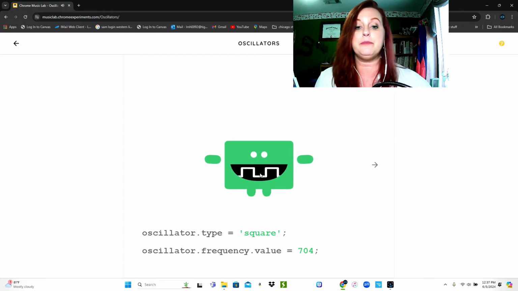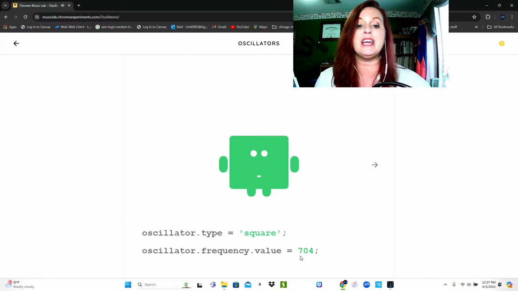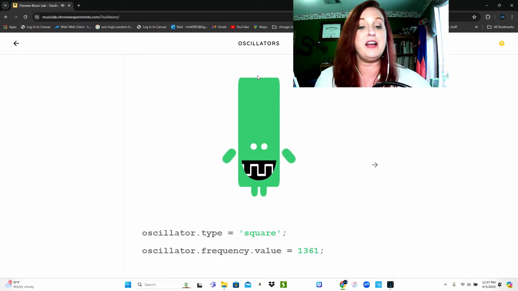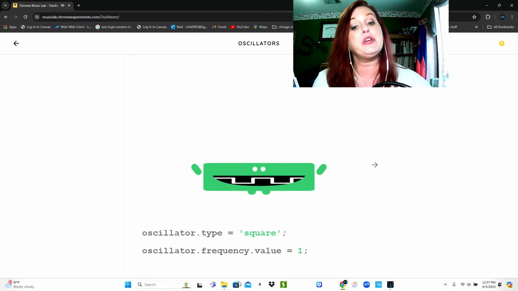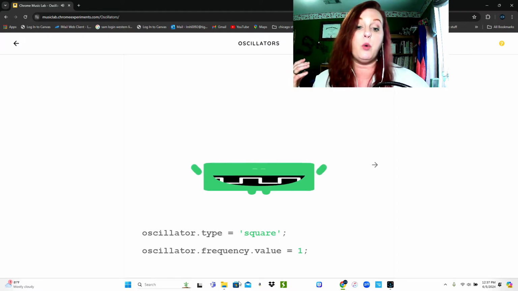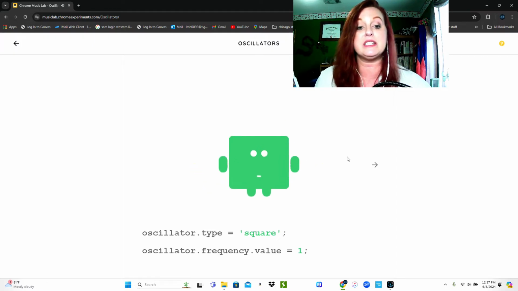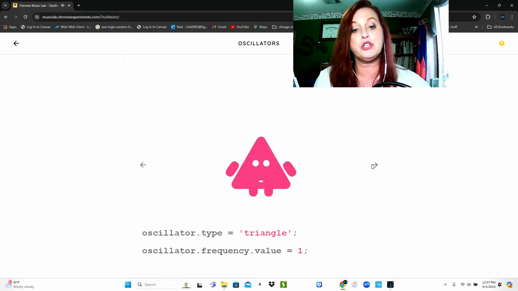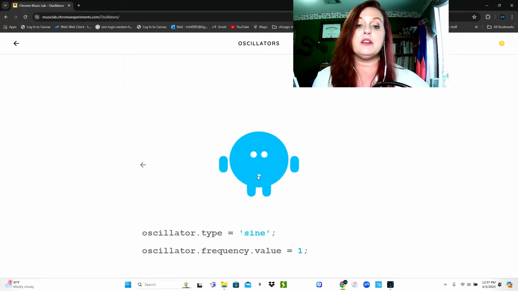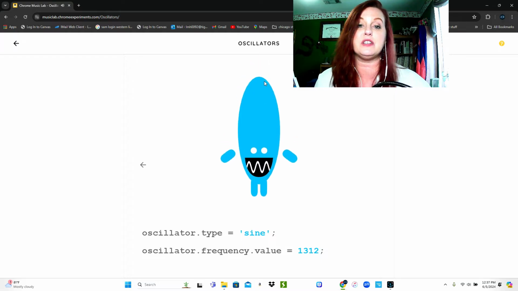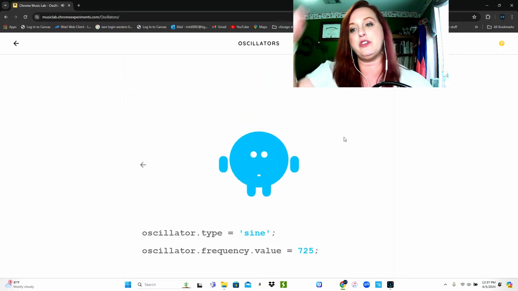So if you click it, unfortunately I can't ever get it to stay at A440, but you can have it go faster and so it sounds higher. You can have it go slower so it sounds lower, where it's just oscillating at one cycle per second. You can do different sounds: the sawtooth, triangle, sine. He's one of my favorites because the kids think he looks funny whenever you lift his head up and make